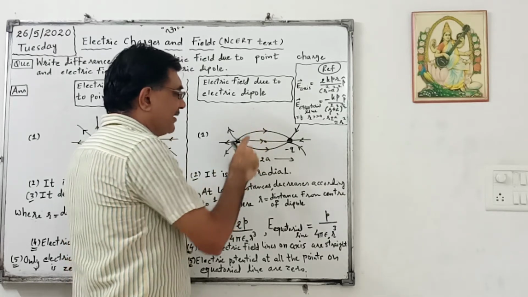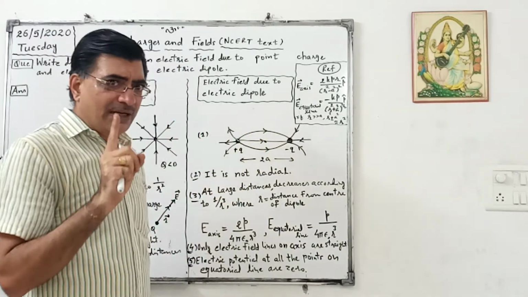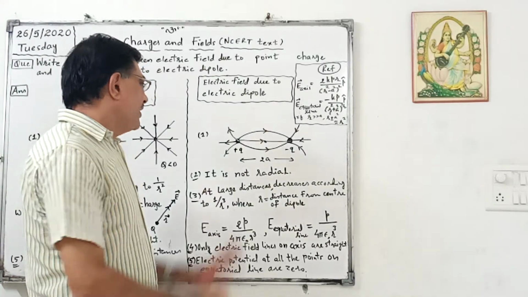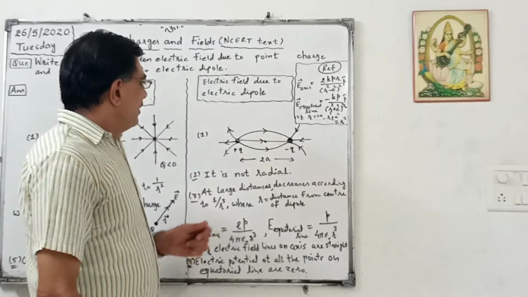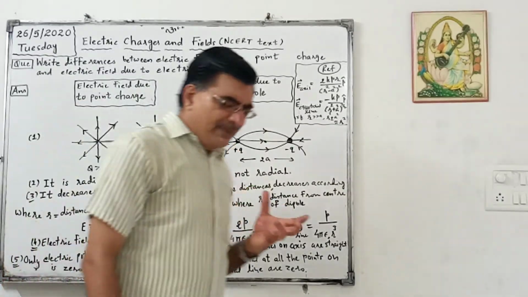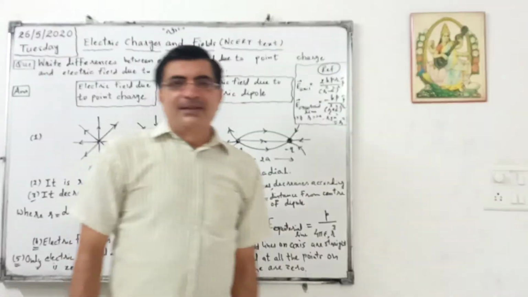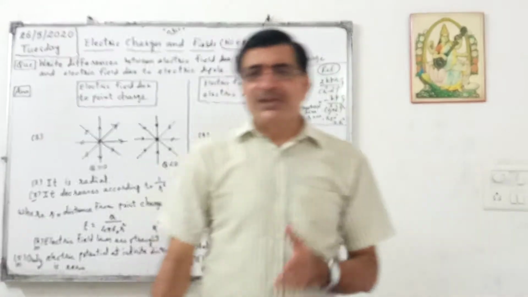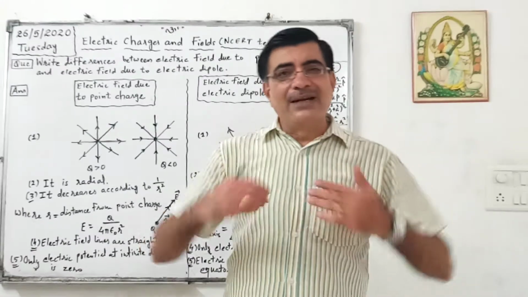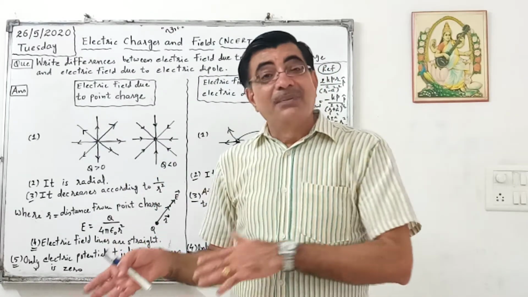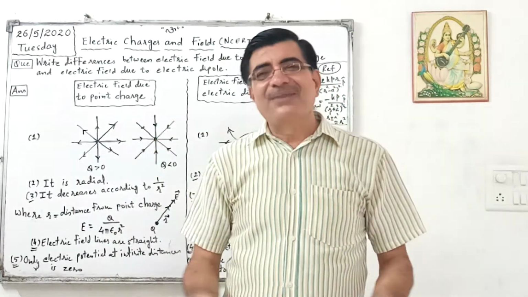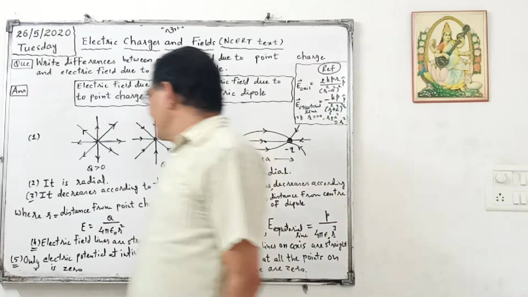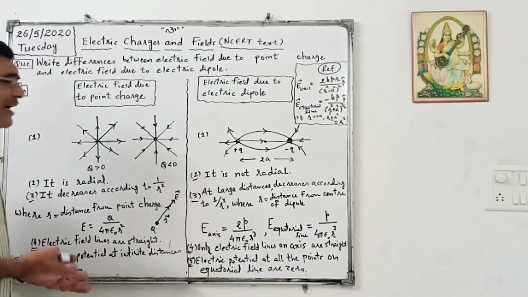But they never intersect. Keep in mind, never intersect. This is the distance between them. There will be a question in your mind that the question is about electric field and I have drawn electric field lines, because electric field is represented by electric field lines. Now it is very easy to write points.